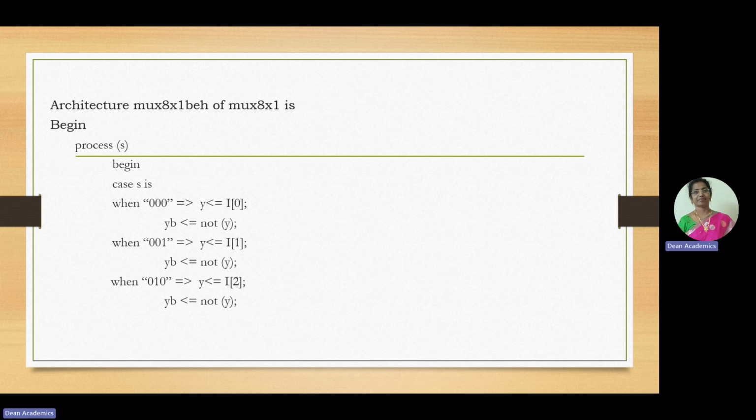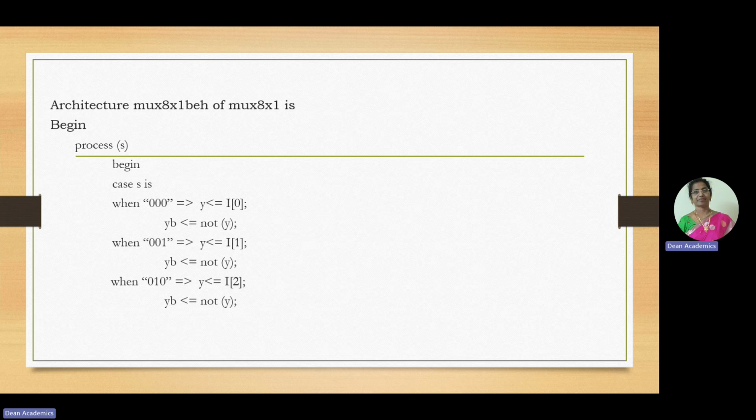Therefore process, then sensitivity list, and here we have only select lines, because even if there is any change in the input lines, there will not be any change in the output. Only when there is a change in select lines will there be a change in the output. Therefore process followed by sensitivity list, that is only S, and then begin case S is